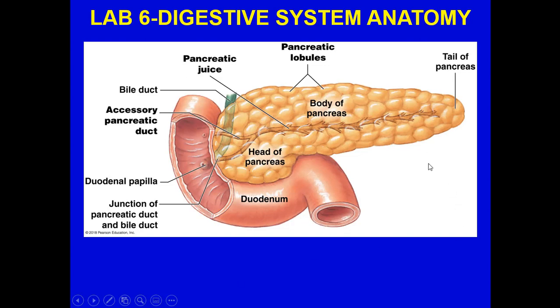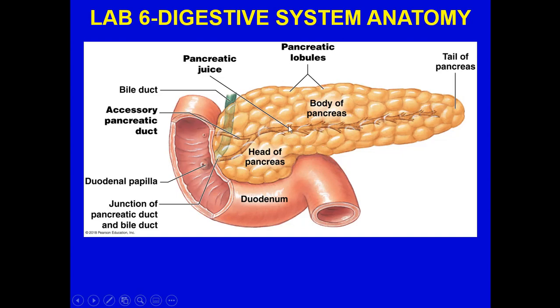Now, they call this the duodenal papillae. This is really the junction of the pancreatic duct with the bile duct. Now, there is an accessory pancreatic duct that allows a discharge here if this one was blocked. But if you notice, there is this